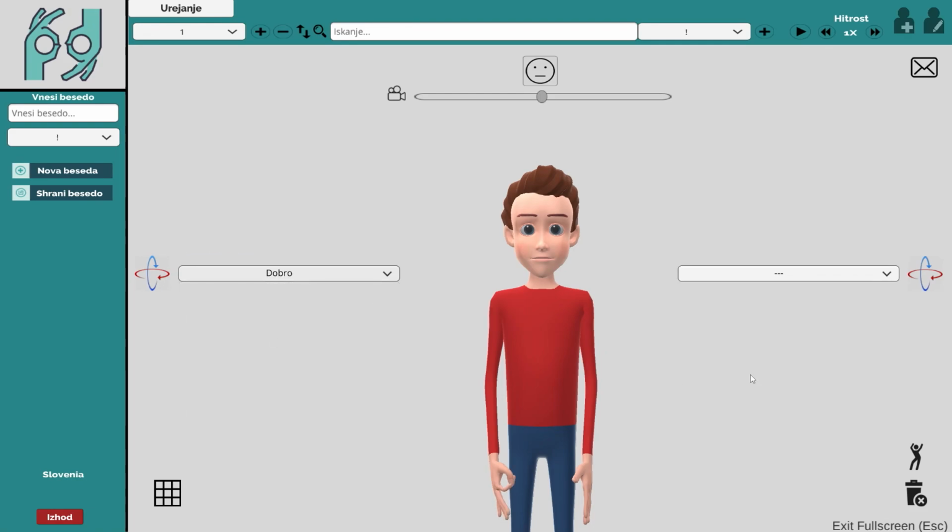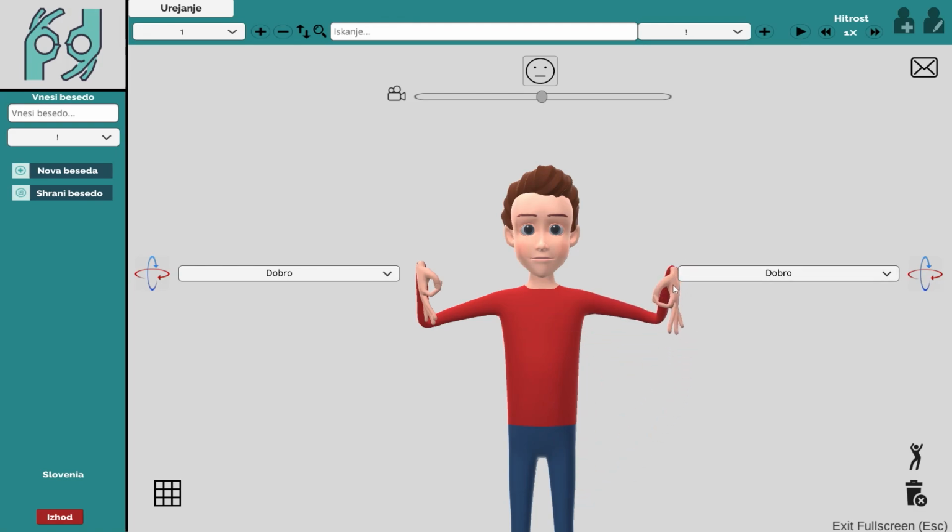Now, finding the appropriate hand configuration will take some time at the beginning, but as you grow familiar with the system, you will naturally remember their location and the process will become much faster. How hand configurations are called and even which positions are available is dependent on the sign language that is being worked on. We choose the same hand configuration on the other hand. Now, we can bring the hands closer to the face and orient them in the correct way.